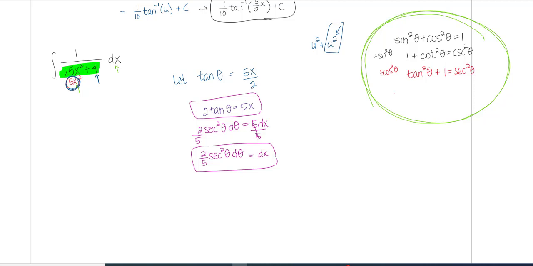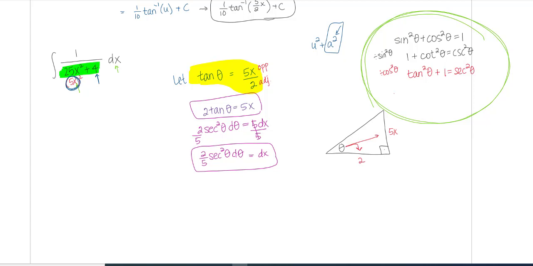Now let's make sure this is going to make sense. The one thing we said with trig substitution was you should be able to draw a right triangle, and this should make sense to us. I'm going to label my angle theta, and based on the relationship that I wrote, just using basic SOHCAHTOA, I'm going to label this triangle. So tangent is opposite over adjacent, so I will label opposite of my theta the 5x, and I will label the adjacent 2. And solve quickly for the third side.